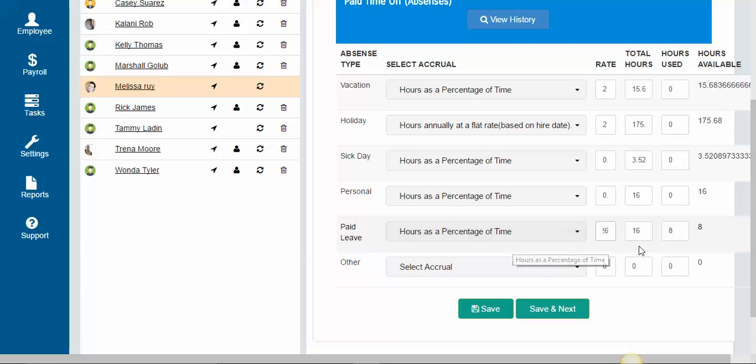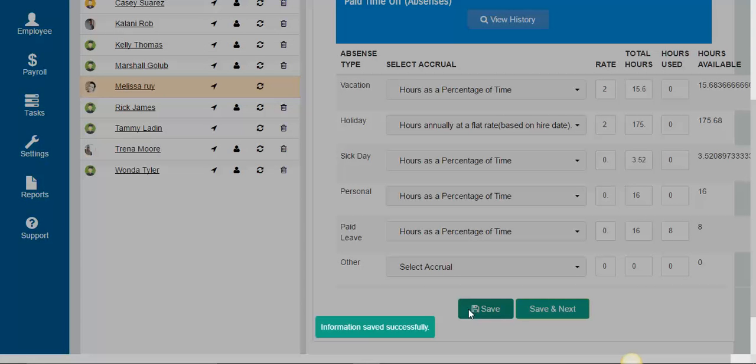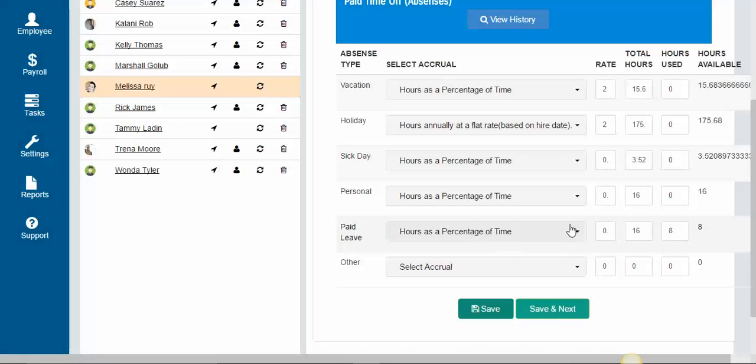Now you won't see the hours available change until midnight every day. So the following day you will see that the hours were accrued for the day before. So it's constantly updated on a daily basis. And then you just click save and it will save the information for you. So it'll start accruing time